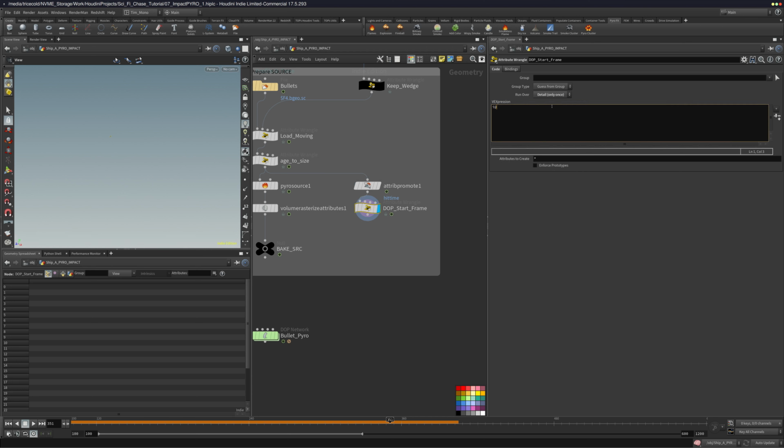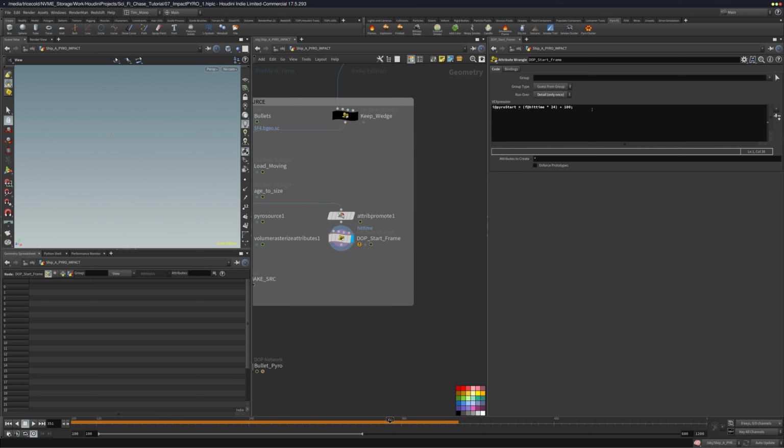I can write this expression, pyro start equals f at hit time, because it's seconds times 24, and then I need to put my frame offset plus 100. That's an integer. The 100 is because our hit time is actually the frame number,